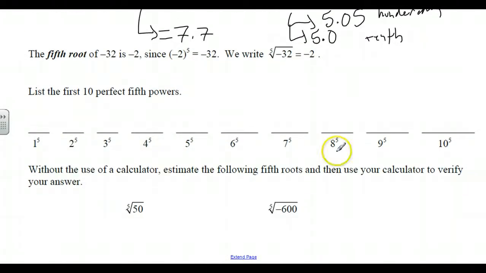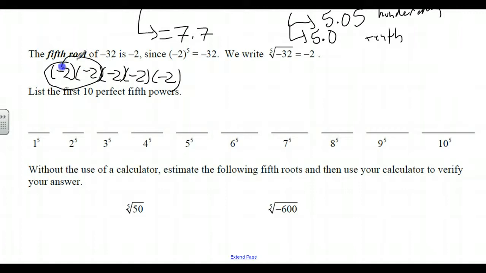The fifth root of negative 32 is negative. So odd roots, again, right? So negative 2 to the fifth. What does that mean? It means I need 5 of them. 3, 4, 5. These guys will pair up. They'll make a positive. These guys will pair up. They'll make a positive. A positive times a positive is positive, and then we still have one negative left over,